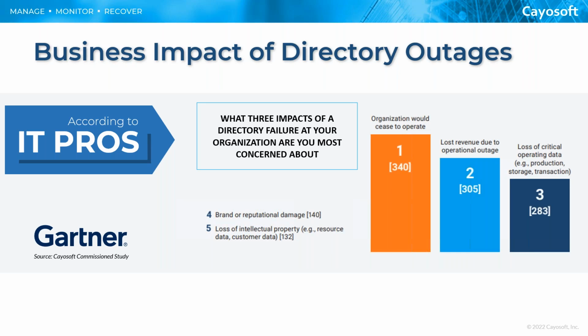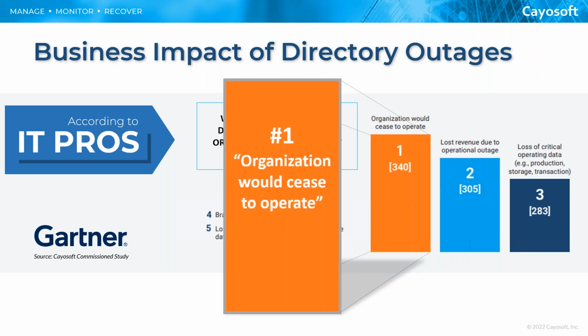So we commissioned a study by Gartner Group, and we helped them assemble some questions. And one of our questions was, what would happen if your Active Directory stopped working? You have a directory outage, whether that's just a mistake, delete a group and 500 people don't have an application, or if it is a full directory outage. And so when they ranked these, everybody was able to pick their top 3. Number 1, you can imagine, pretty simple to guess, is that if your directory goes out,